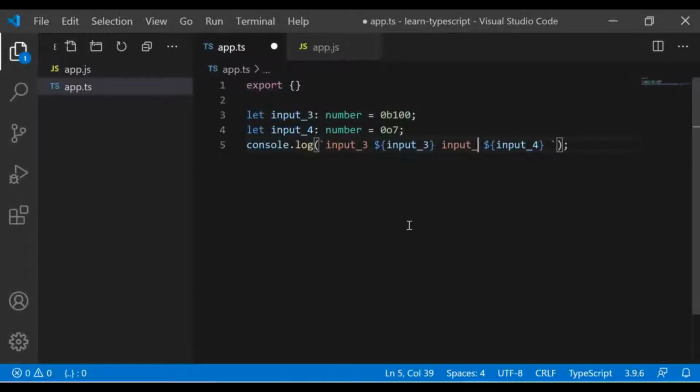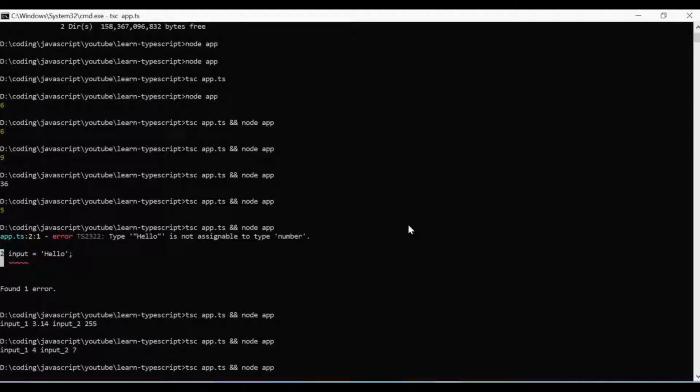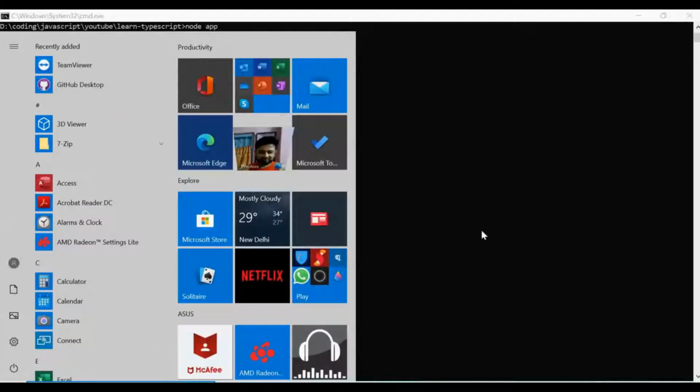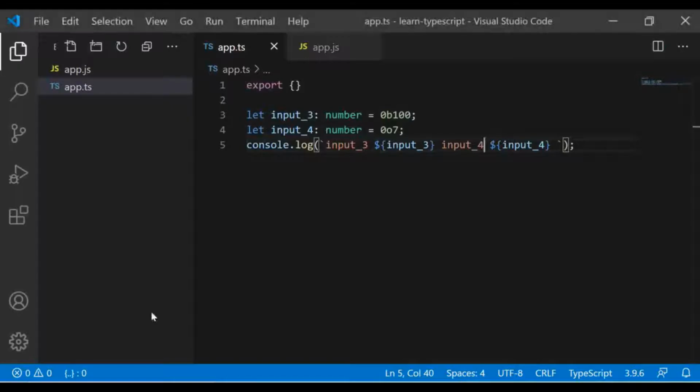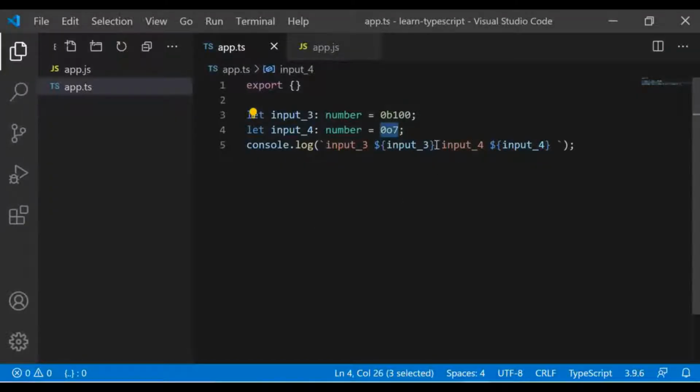So let's print input 3 and input 4 here. Yeah, input 3 is 4, and this is obviously an octal, it is 7. You got the point. We can assign octals and binary variables as well.